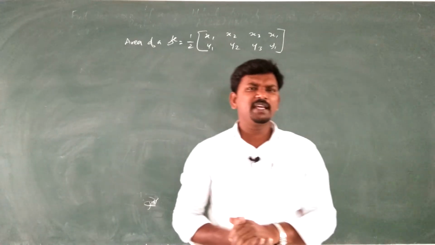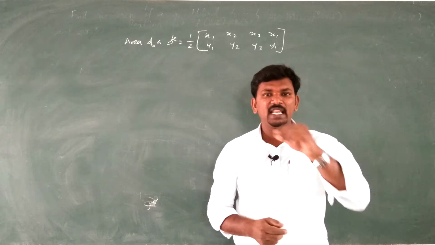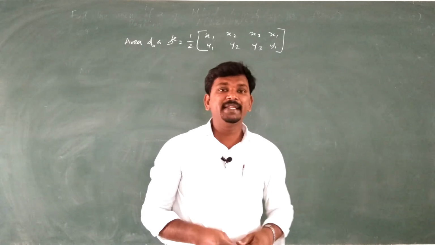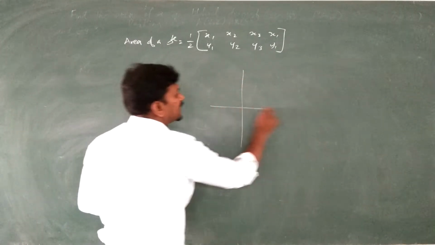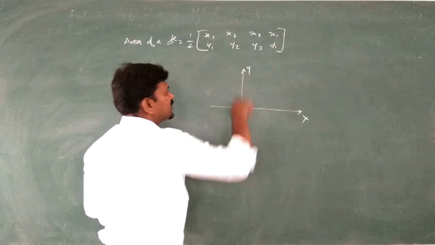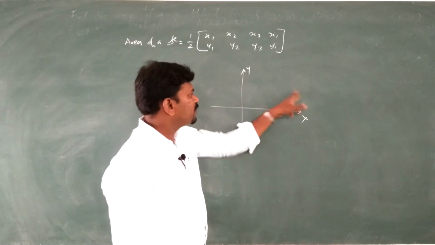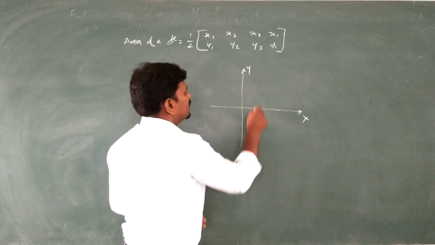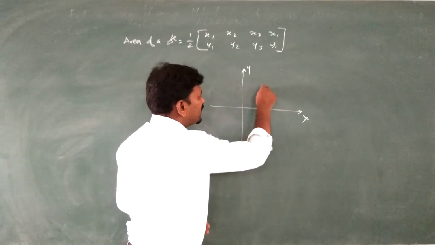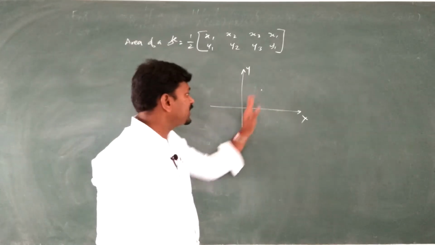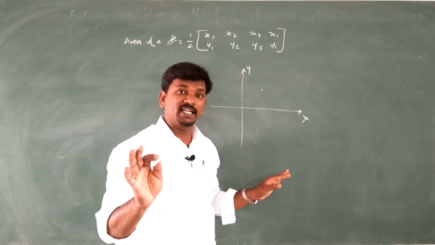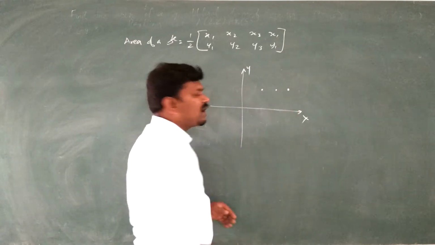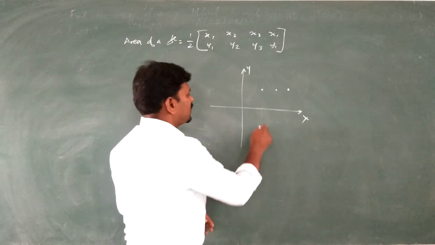What is meant by collinear points? If three or more points lie on the same straight line, then the points are called collinear points. In a graph sheet, this is the x-axis, this is the y-axis. If we mark any 3 points and join them, definitely we will get a triangle. Wherever we mark the points, if we join 3 points, we will get a triangle. But if those 3 points lie on the same straight line like this,